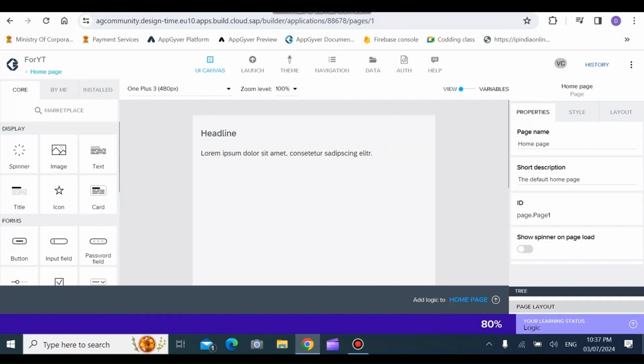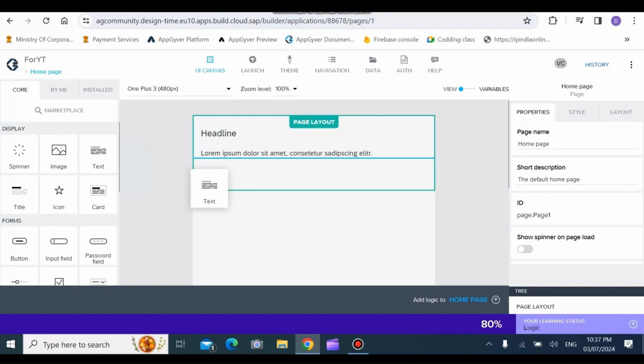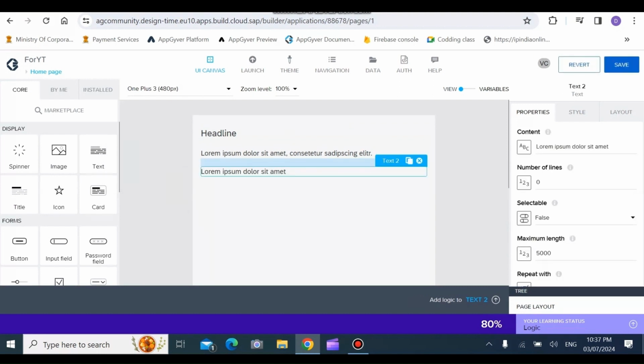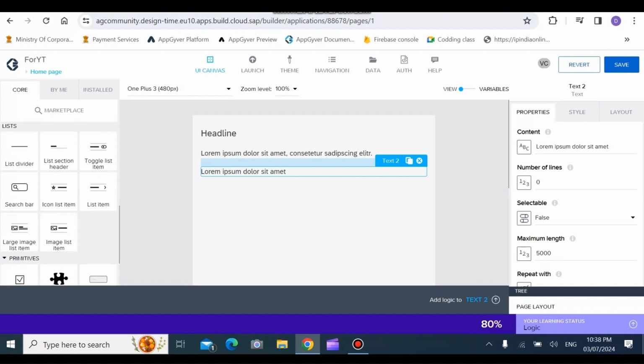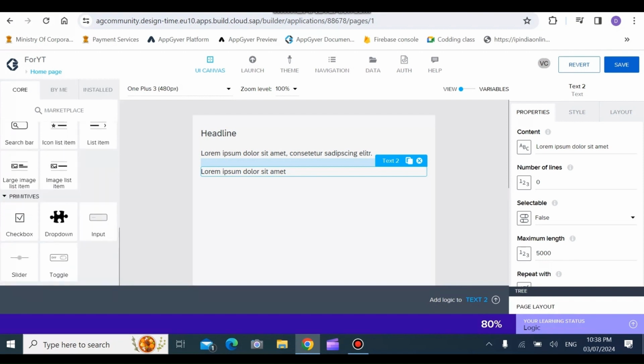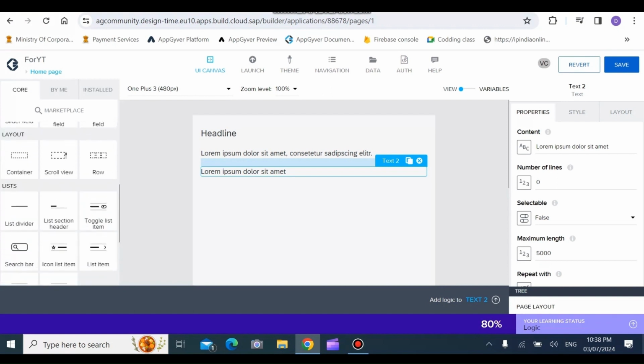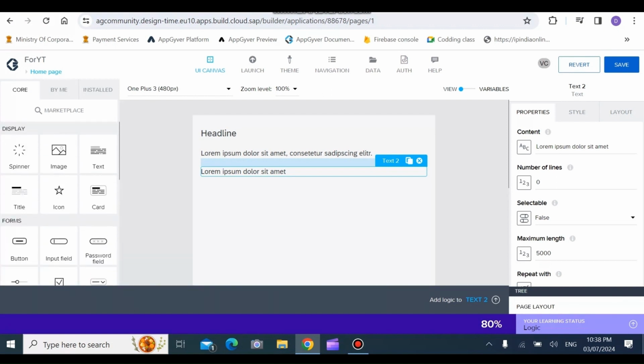Okay, maybe we'll first learn all the simple things, then we'll go to a little bit intermediate, and then we'll make our app. So first thing you should realize is the text. Text is one of the main things which you'll be using, because we have all of these things, these are all objects which we can use to build our display. Check box, drop down, input, slider, search bar, we can put all of these, but the basic ones are text,